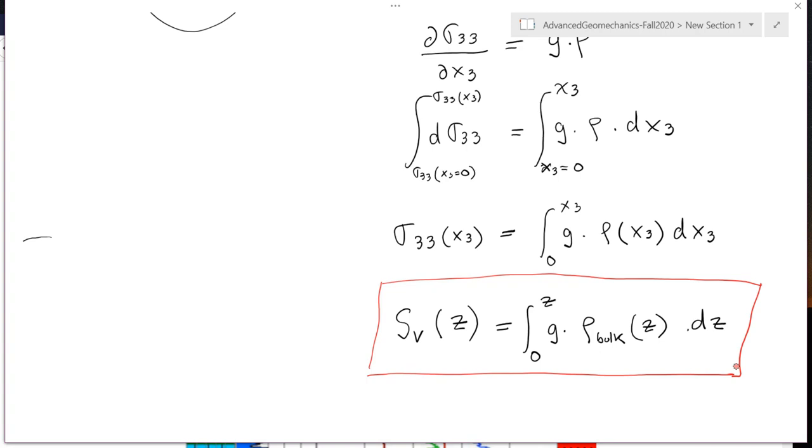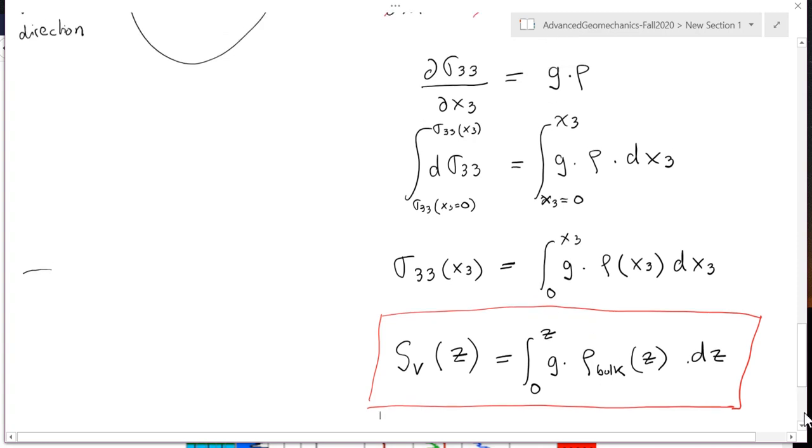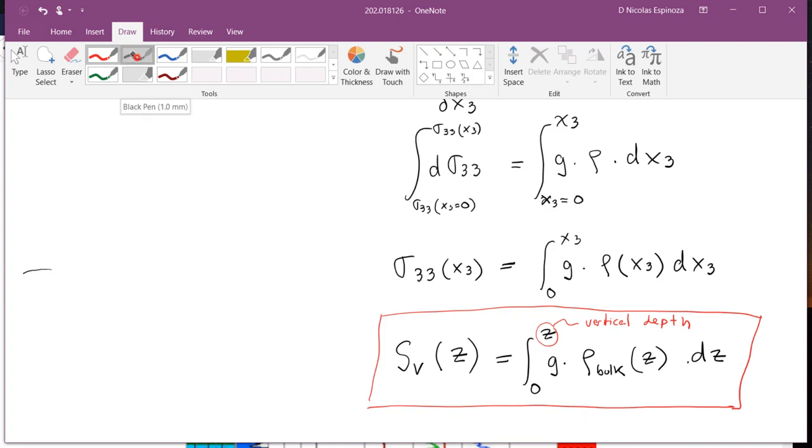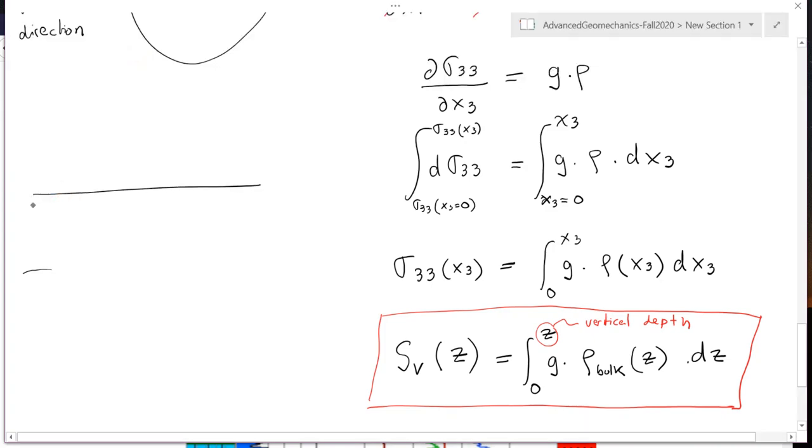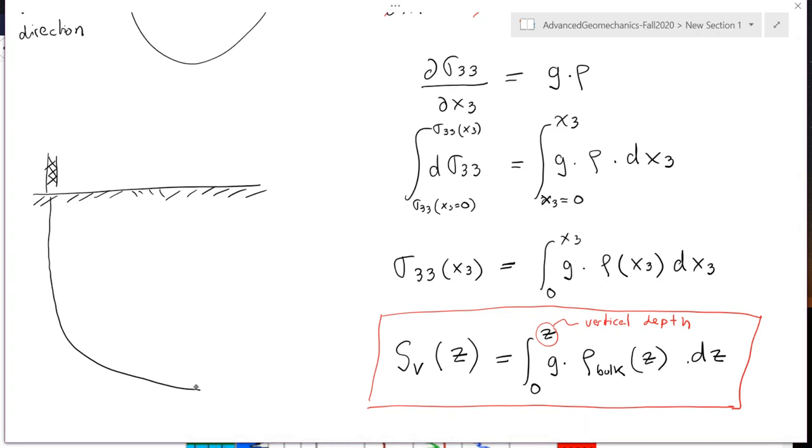All right. One practical comment to take into account, and let me add it here, is that Z is vertical depth. Very often in the field, we have wellbores which are not vertical. And many times in the field, the data that we have comes from well logs in which the depth is not in terms of vertical depth, but in terms of measured depth. So it is very important that when you actually compute vertical stress, you consider true vertical depth